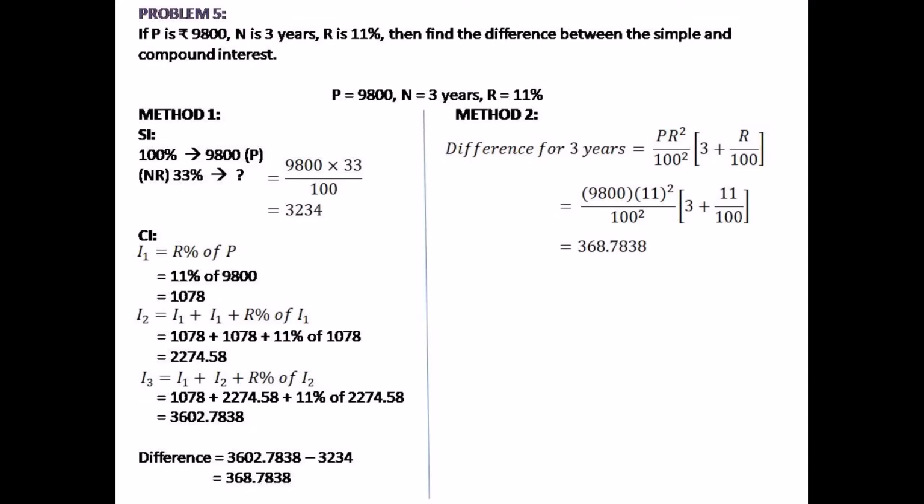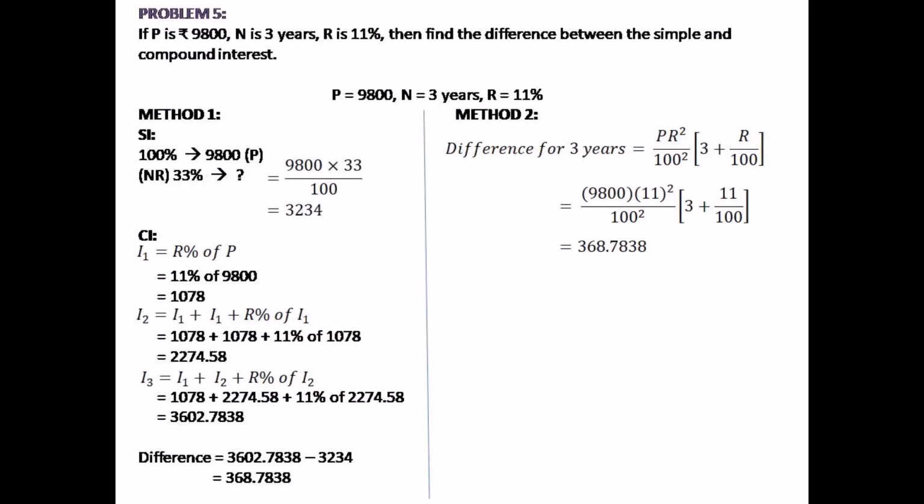we get simple interest as rupees 3234. Now we have to find the compound interest. I1 equals 11% of 9800, gives I1 as 1078. I2 equals 1078 plus 1078 plus 11% of 1078, gives I2 as